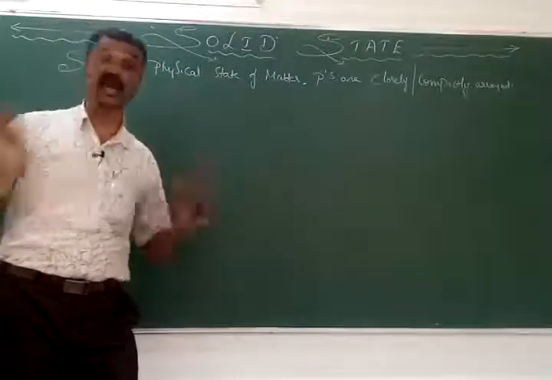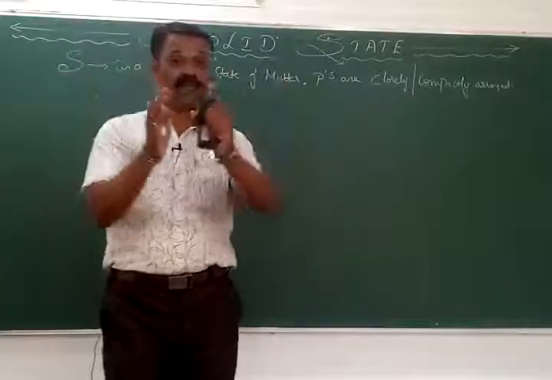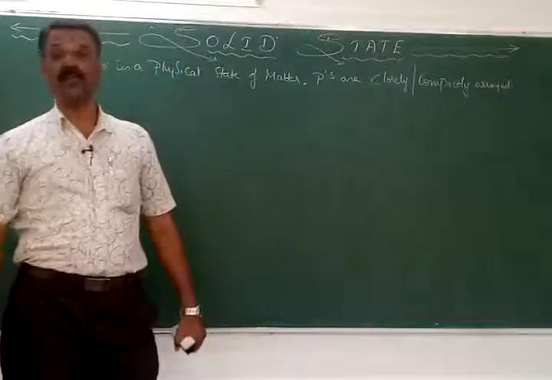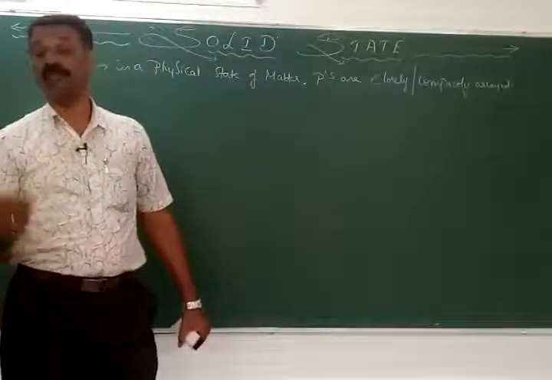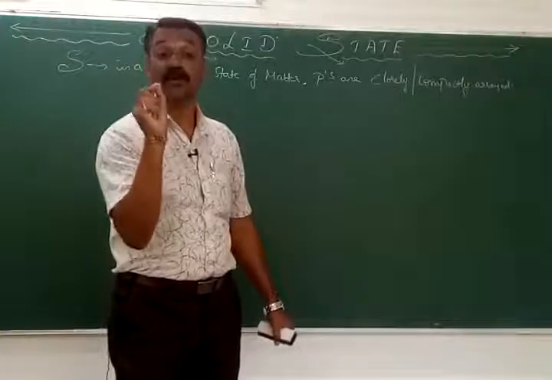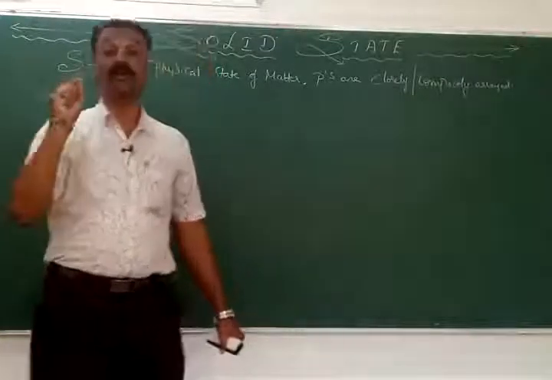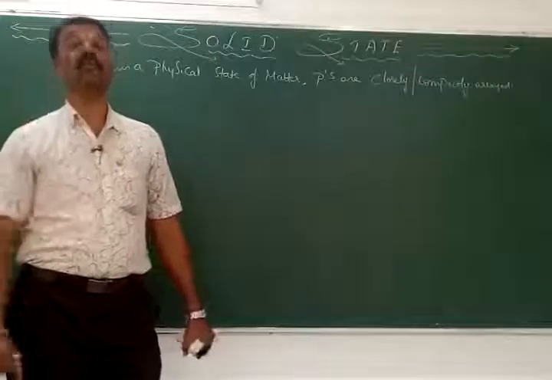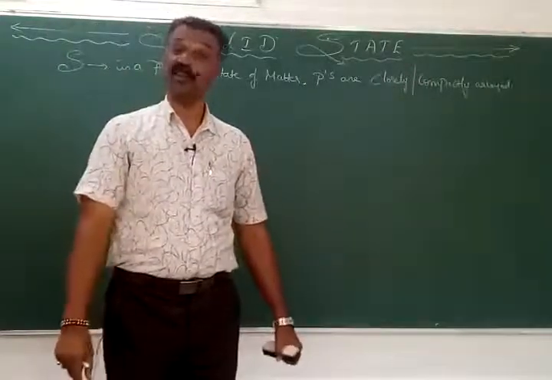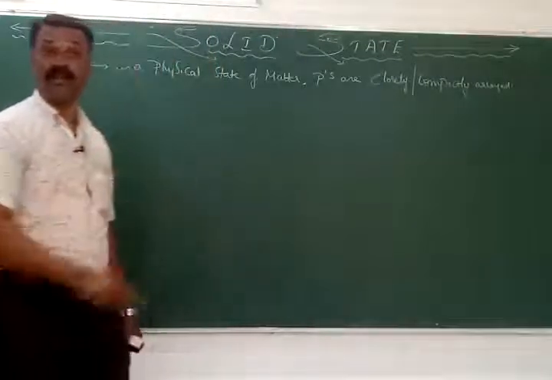Why? Because they can't change their positions, as if their positions are fixed. That is why they don't have movement. Of course, even though there is some movement here, they don't change position with respect to their mean position, also called the average position. That is why we use the word considered to be the which one? The rigid.